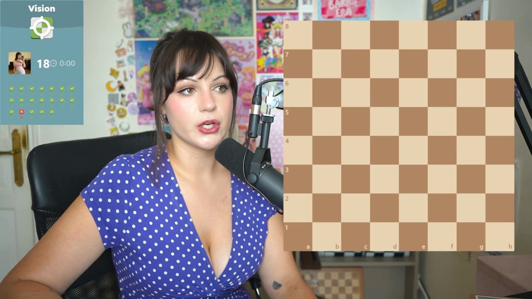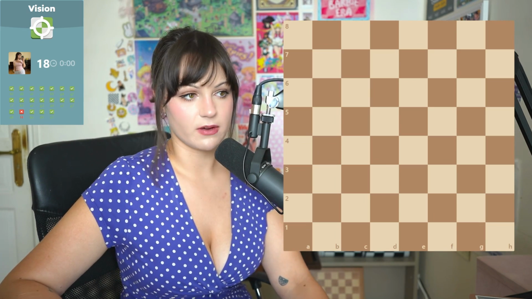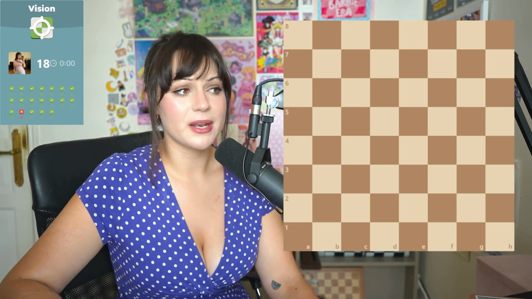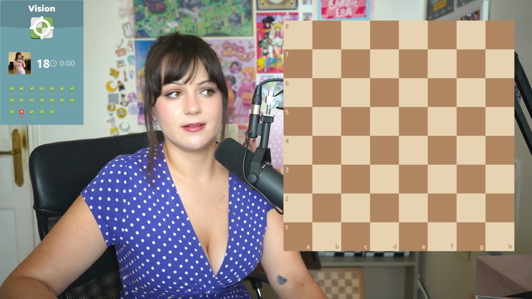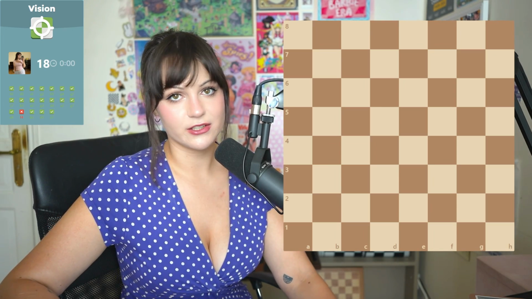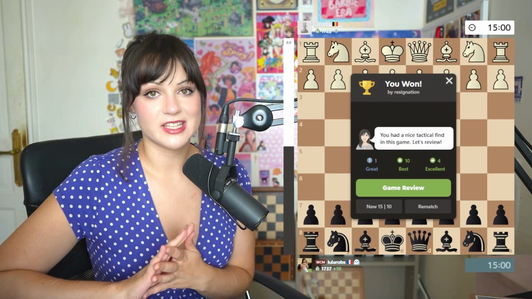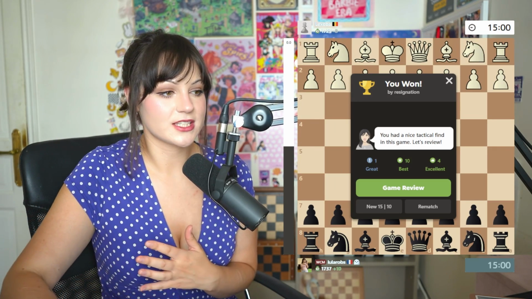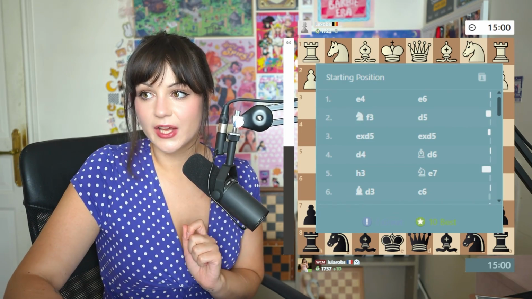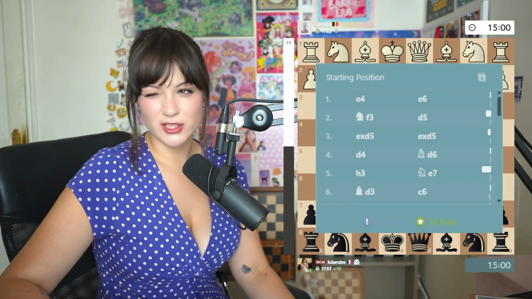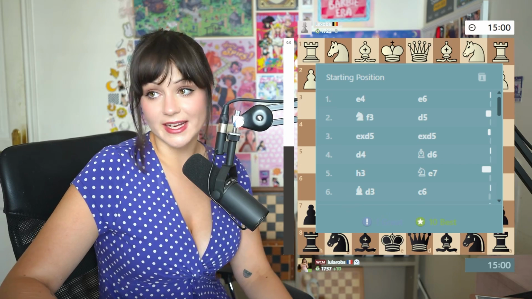Like, you could give yourself 10 seconds to find each square. It doesn't really matter. But if you think that this will help you to situate where things are on the board, then you should definitely start a habit of doing this. So I've pulled up one of my games here for the sake of showing you notation on chess.com, and let's take a look. As you can see, we have this kind of pictorial notation where the knight is represented by a knight,